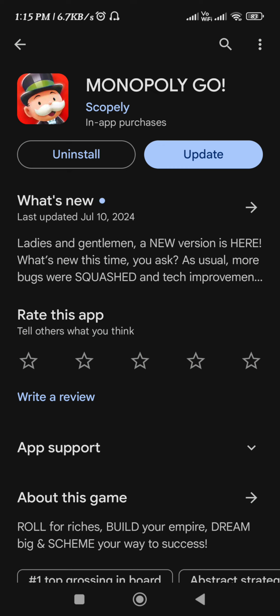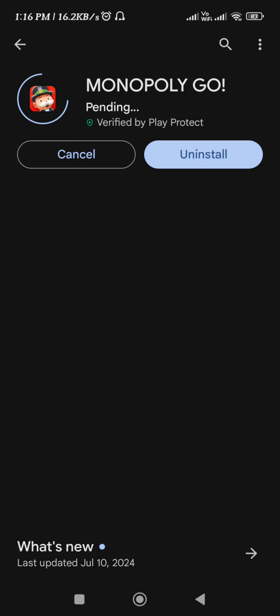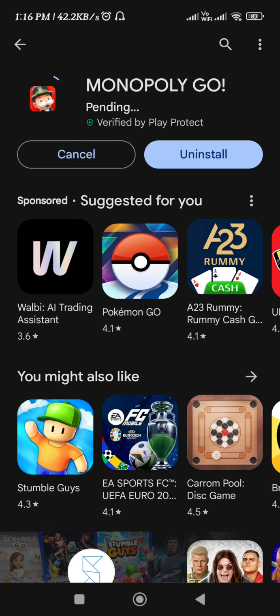If there is any update available, then you simply need to tap on the update button, because the airplane mode glitch comes when you updated your Monopoly Go application. So if you keep it up to date, there is a high possibility that this might work for you. So you need to tap on the update button, and once the update is installed successfully in your device, you